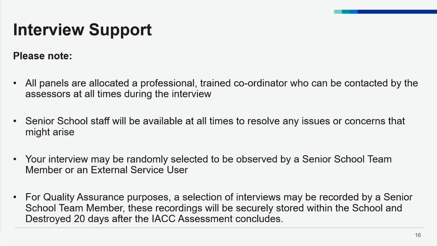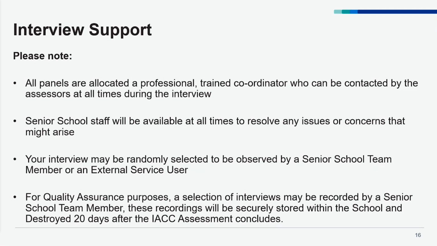And again, the lead assessor in negotiation with that coordinator will be able to ensure that you've had your adequate assessment time. There's also a team of senior school staff that are available where issues can be escalated. And we also proactively address any issues that may have been raised from previous interviews so that they don't go on to jeopardise others.